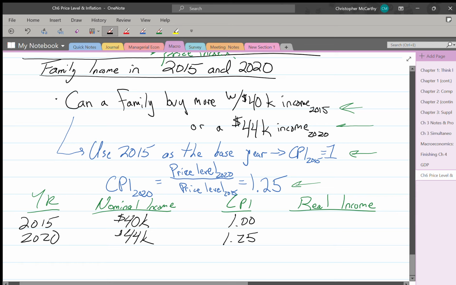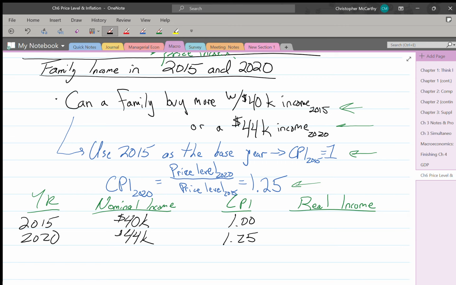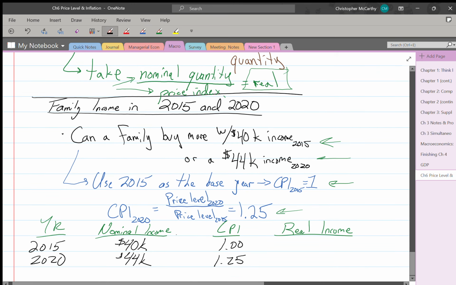Usually round the CPI to the 100th decimal place, just by default. And so we know what's the formula. Real income is equal to nominal income divided by CPI. So this is going to be 40K divided by 1.0. Anything divided by 1 just gives us whatever that amount is, right? So 40K. This one's going to be a little bit more tricky, right? 44K divided by 1.25 is going to give us